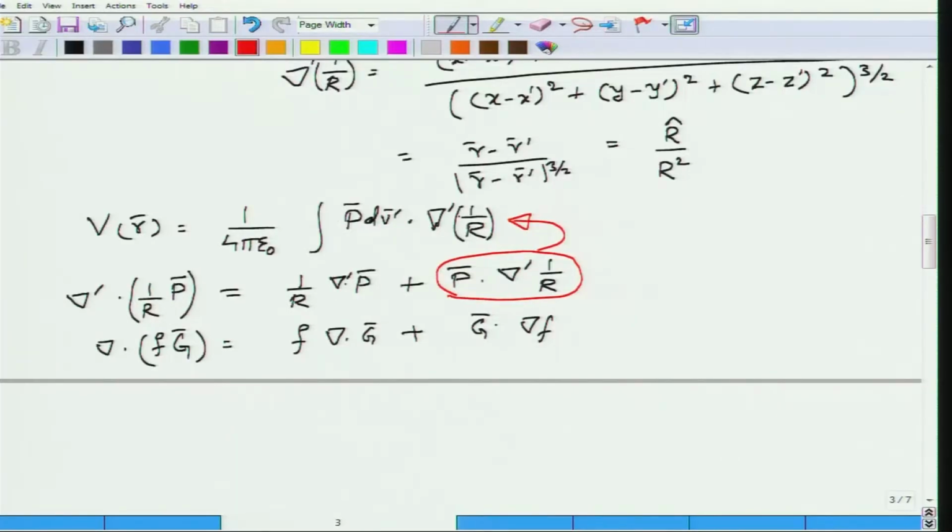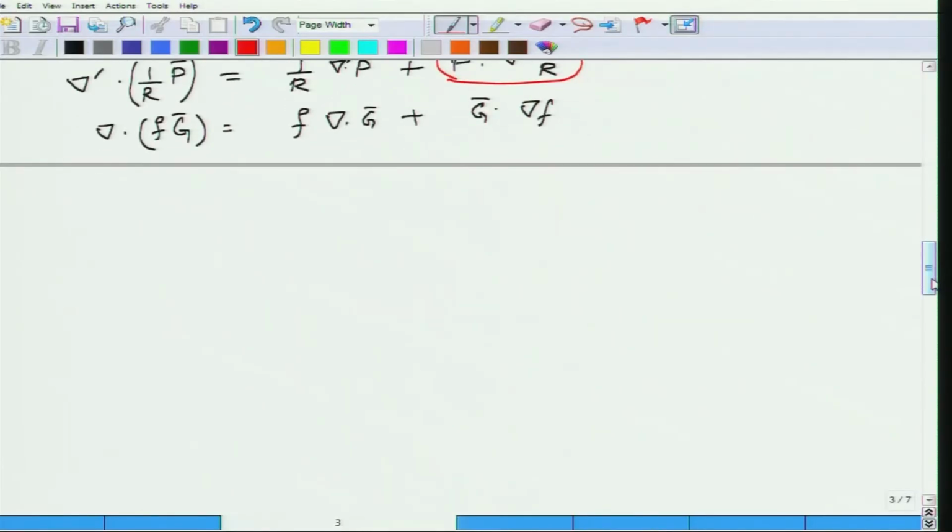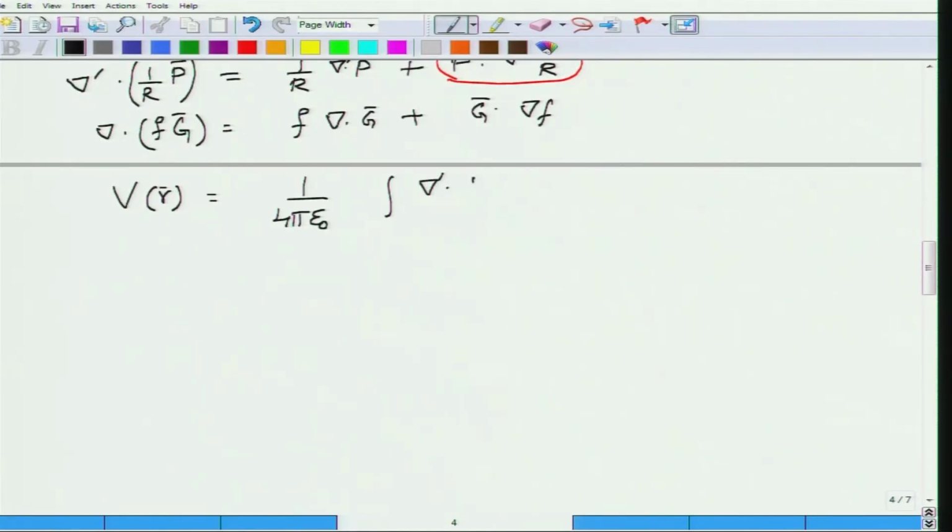So, you have p dot gradient prime of 1 by r, and that expression can be written as del prime dot (1 by r p) minus 1 by r del prime dot p. So, if I make that substitution, I can write down the potential V of r as 1 by 4 pi epsilon 0, there is an integral, and this becomes gradient prime dot p by r, right, 1 by r into p is p by r,